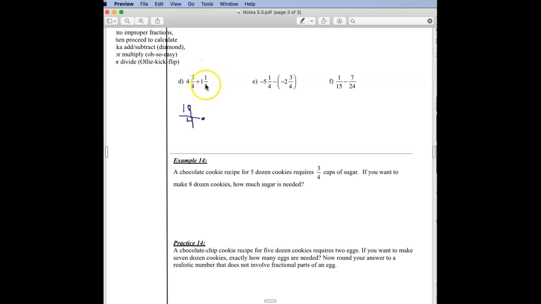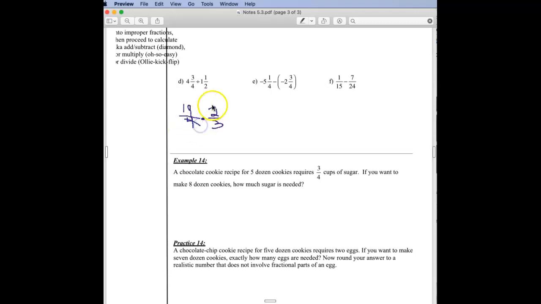So again, it's 1 times 2 is 2, plus 1 is 3. So this is 3 over 2. But once I change it to multiplication, I got to flip 3 over 2 and get 2 over 3. So hopefully you're okay with that. And now I'm just ready to multiply across, and my life will be a little easier at the end if